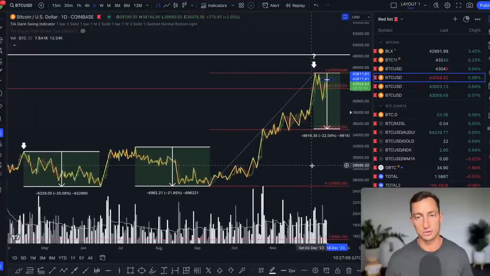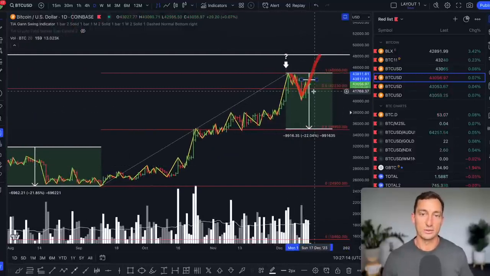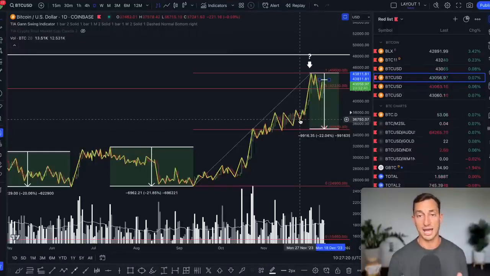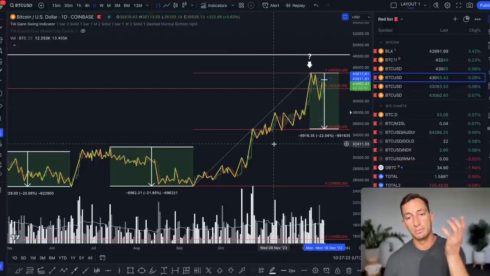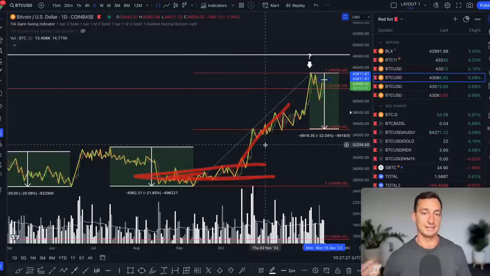Even if it does that, and I've talked about this many, many times, the move to the upside is rather limited now compared to where we've come from in August and September. It's been a really, really big move, but these are the sort of things that catch the masses off guard. The majority of the time, the masses aren't here during the bottoms. They start to come back as the markets heat up and the market looks more exciting.